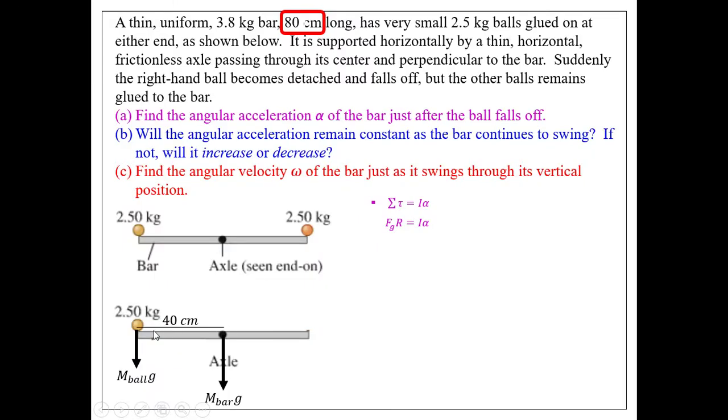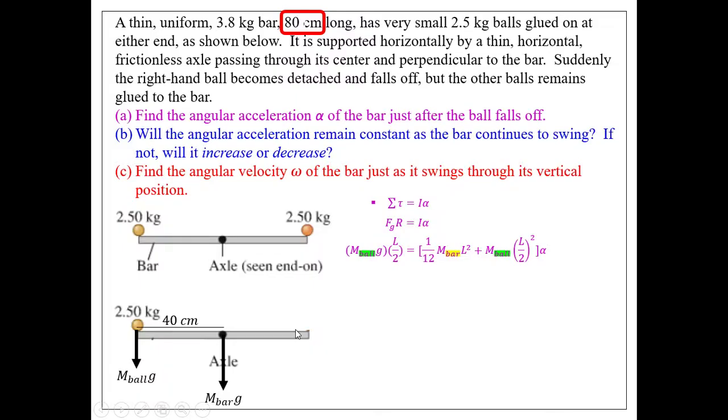If you look at this particular diagram on the bottom here, using common sense, the ball on the left side is going to cause the system to rotate. So I'm just going to go ahead and expand that. Which F of g do I use? In the diagram I have F g for the ball and F g for the bar. I actually need to use F g for the ball because it's a distance of 40 centimeters away from the axis of